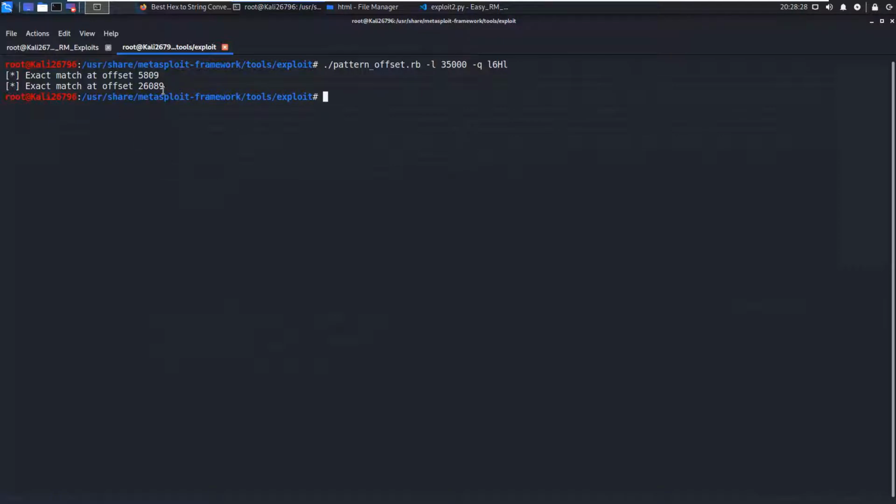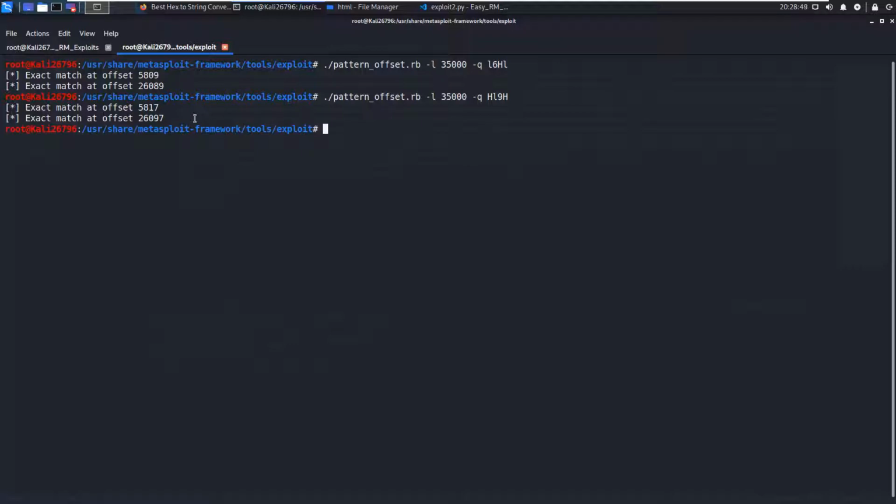So we find that at the 26,089th location we are getting the EIP overwritten, and the second value that I want to search is HL9H, and it is at 26097. So that means till 26089 we can fill our chunk of A's.